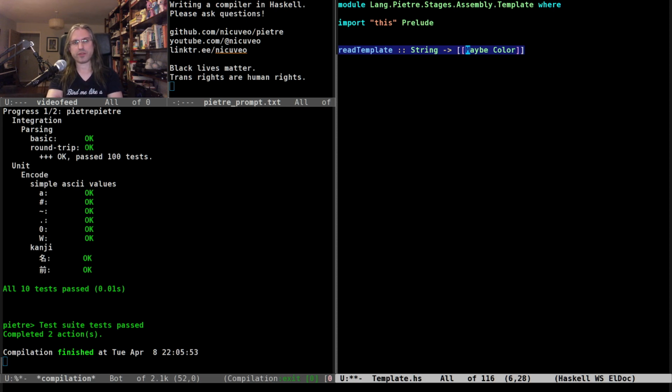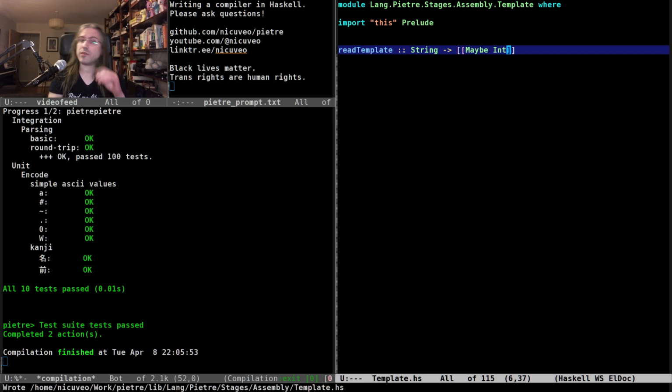Do I want to specify at this point what the starting color is, or no? It's going to depend. The template will depend on what the previous color was. So the color needs to be agnostic. So it's a Maybe Int, it's the amount by which we need to increase the previous color. Yeah, I think that's what it is. That's not generic. That's a problem. Okay, I need to think.